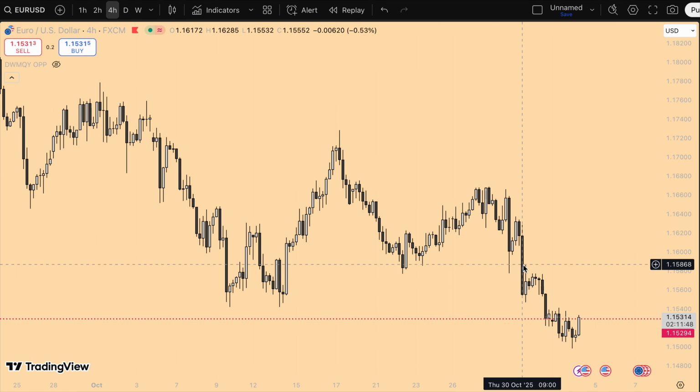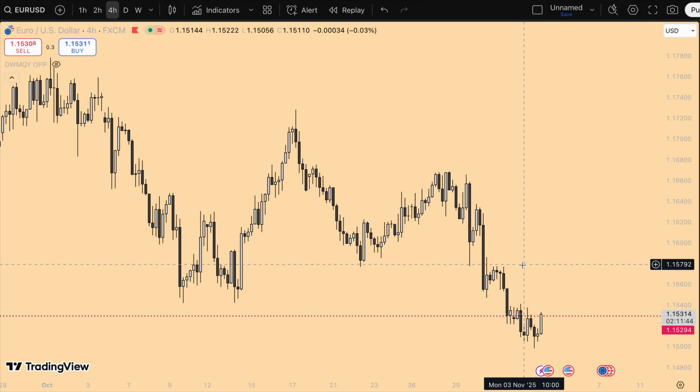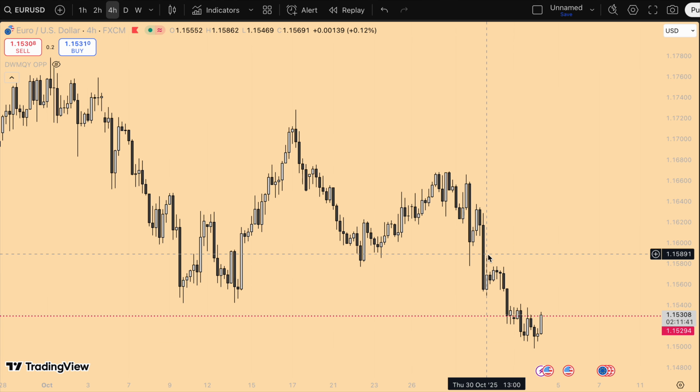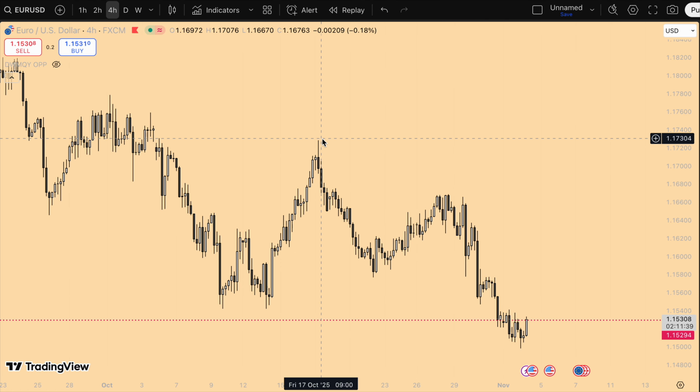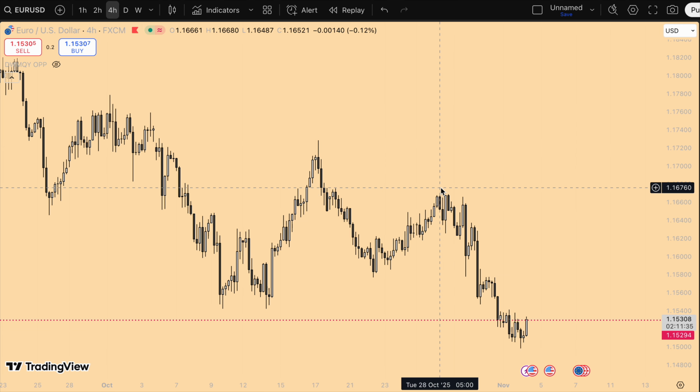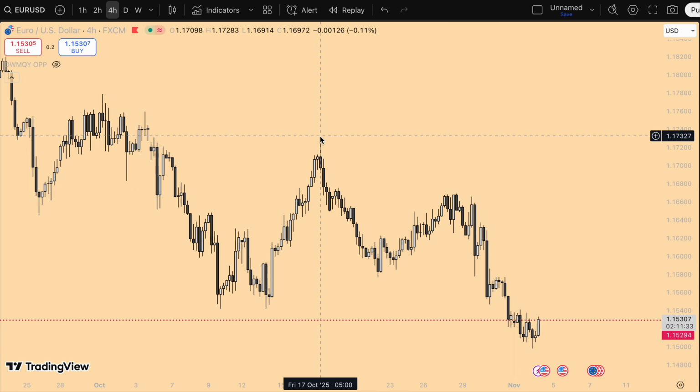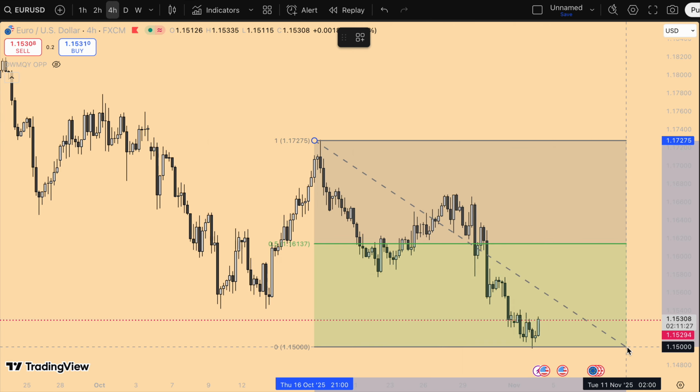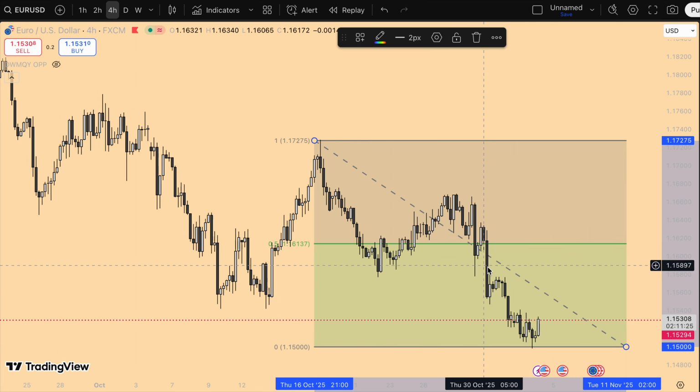So for me, I would personally look at where I can get some further shorts, because as I discussed, this is where I would be interested in looking for longs. So I expect perhaps some retracement, because these are swing highs, these are swing lows, and from there we could get some deeper retracement, perhaps taking out this liquidity area.